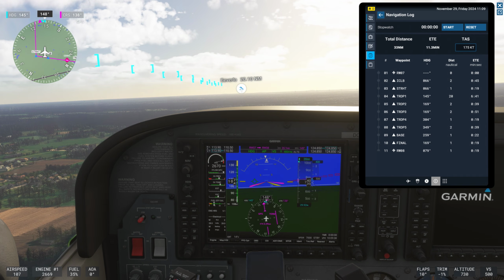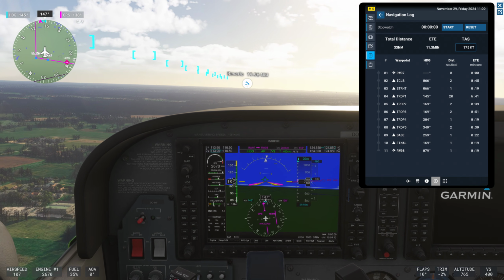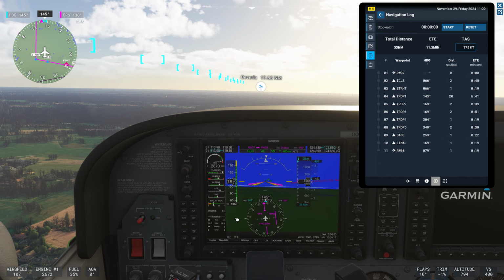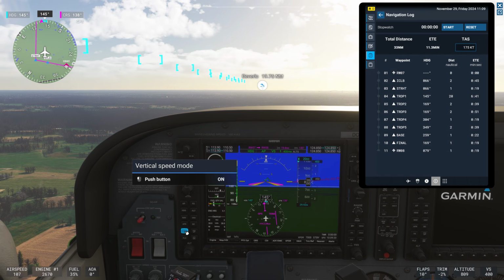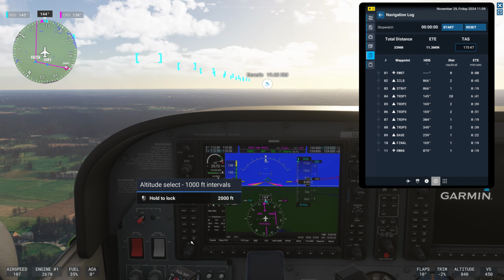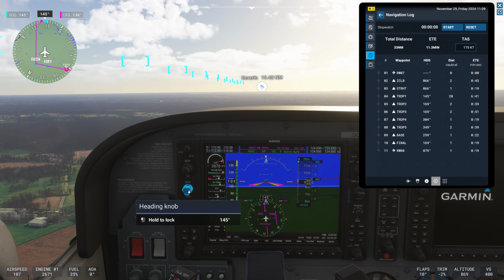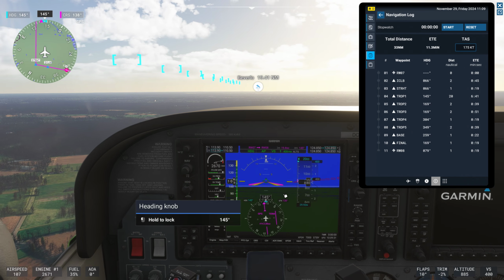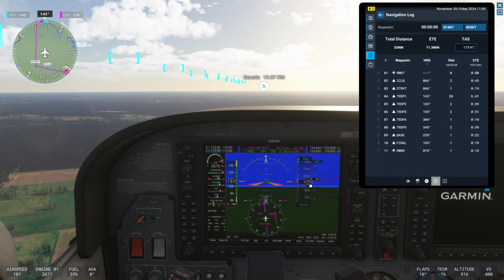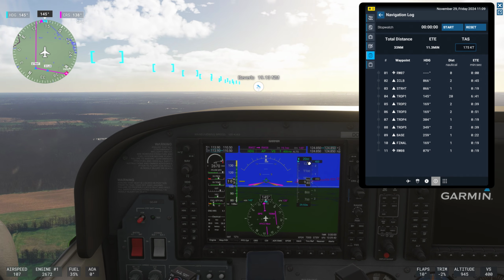And you see, in this way you can easily adjust your altitude and your heading. The altitude can be changed by clicking on VS and then turning the knob, and your heading can be changed by having heading on and turning this knob. We are still climbing through 900 feet, but rest assured it's climbing at 400 feet per minute. At 2000 feet it will